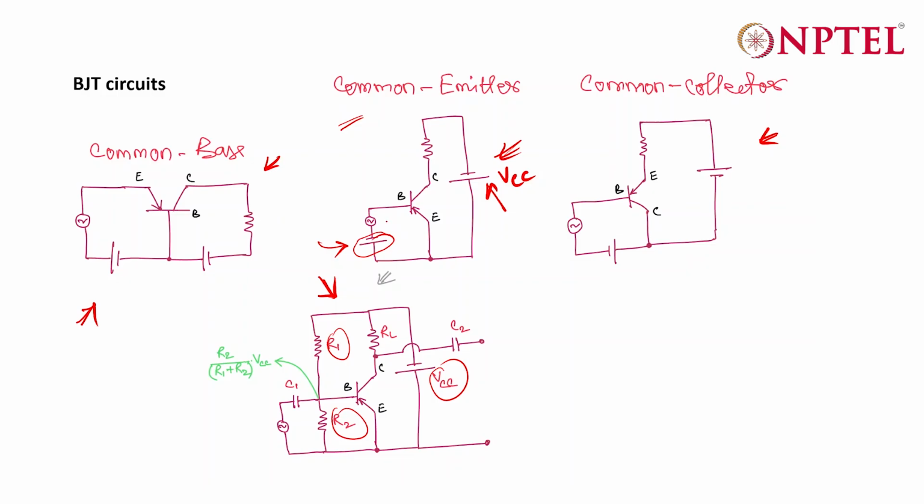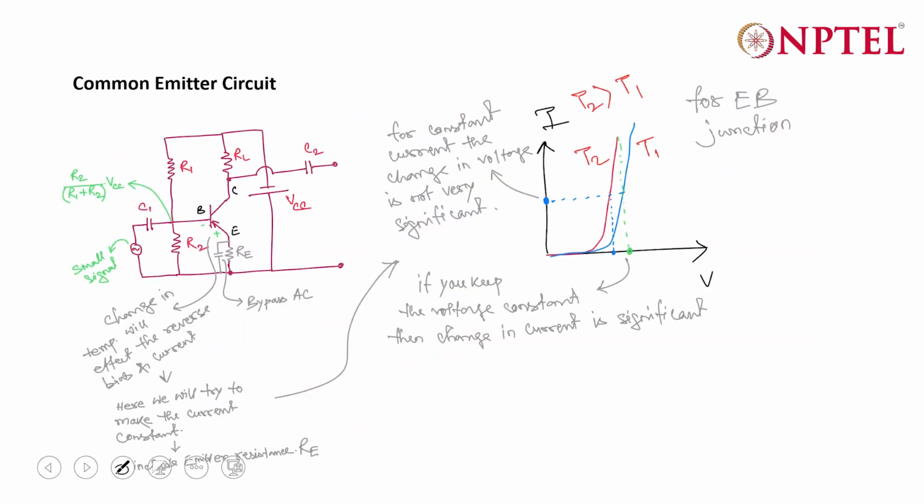Similarly, you also use some capacitors to decouple the AC and DC signal. So this is your small voltage that you apply for, say, amplification, and this is your common emitter circuit that you will find in practical use mostly. Now, if you look at the common emitter circuit that I have shown, that also is not the one